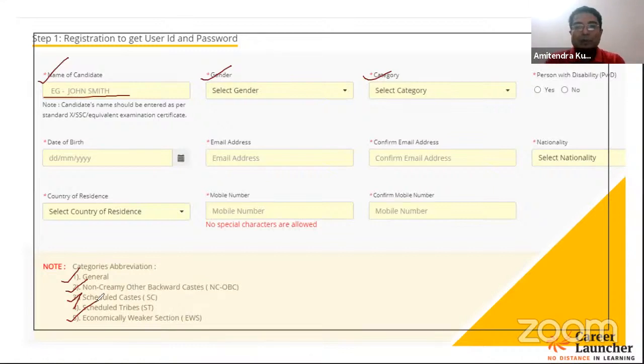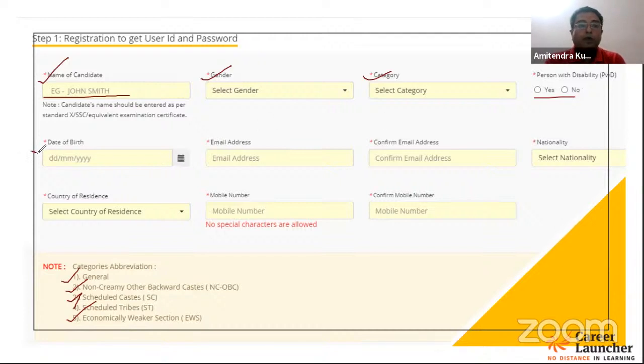So आप जिस category से belong करते हो, the category which you belong to, select appropriately from the drop down. Then you have a question, the person with disability. So depending on your case, you may select yes or no. Okay, so if you are a student who also belongs to the person with disability category, then you will select yes, otherwise it will become no.